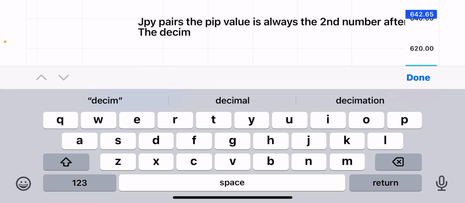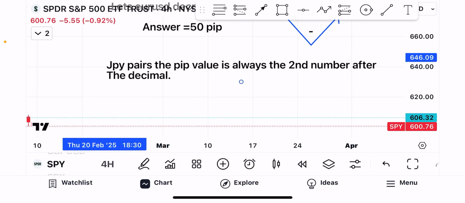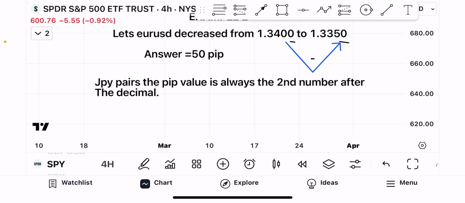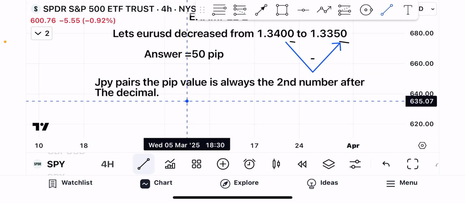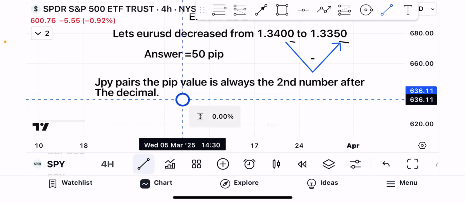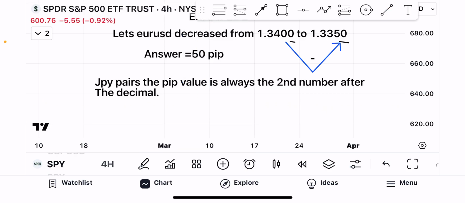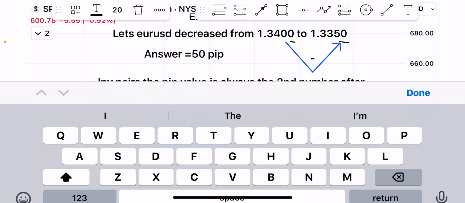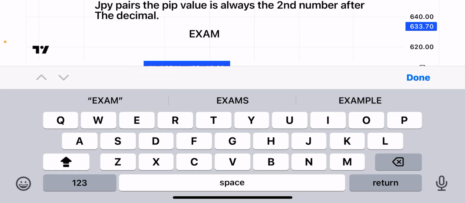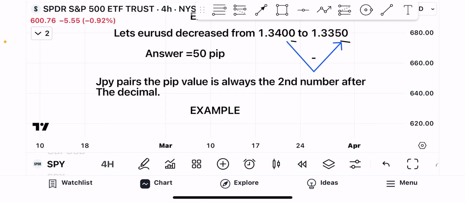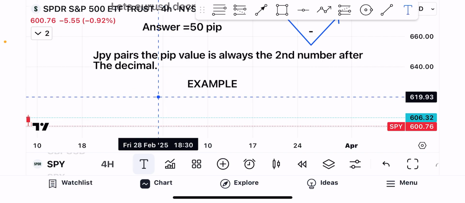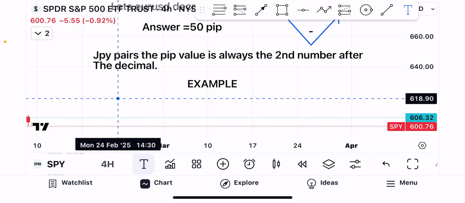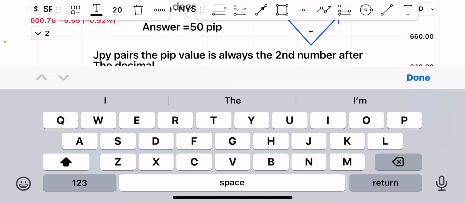After the decimal. So this being that, we have to give an example of that. So we're using Euro USD as an example of that. So the example, when we say we're using a pair like USD pair, when we say USD JPY